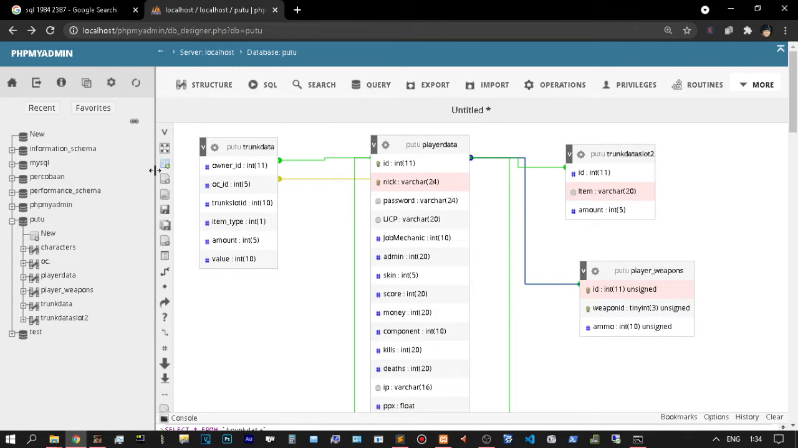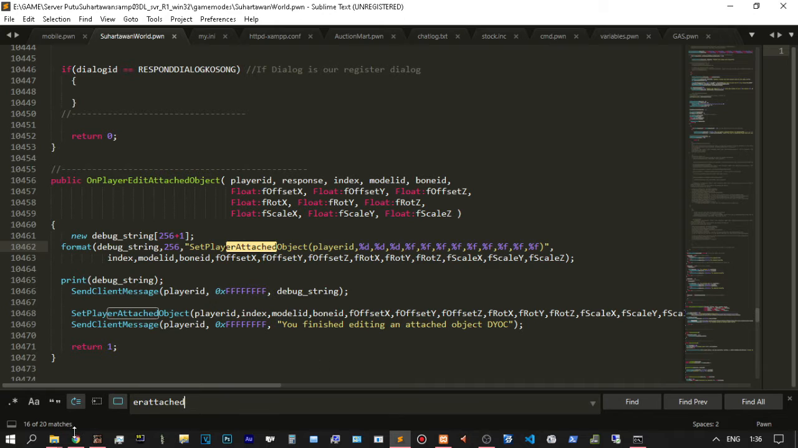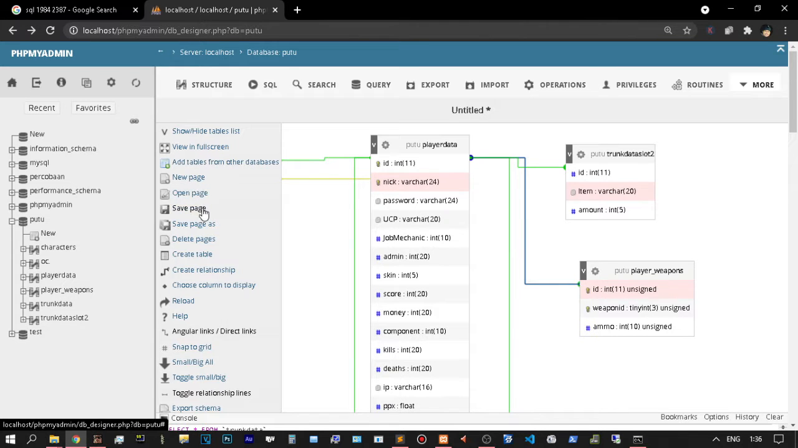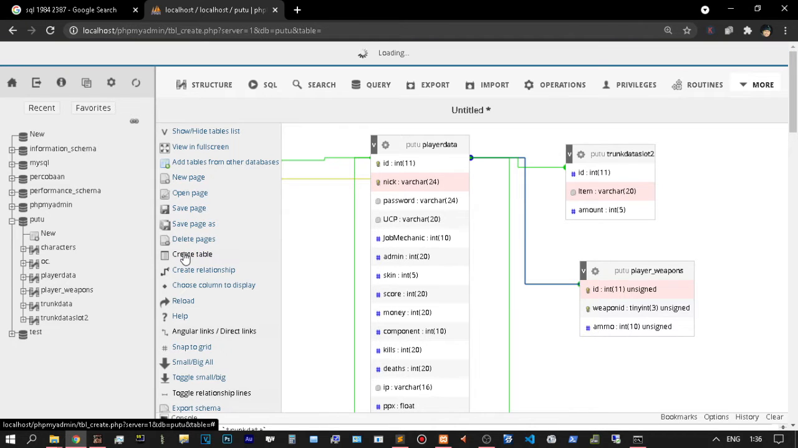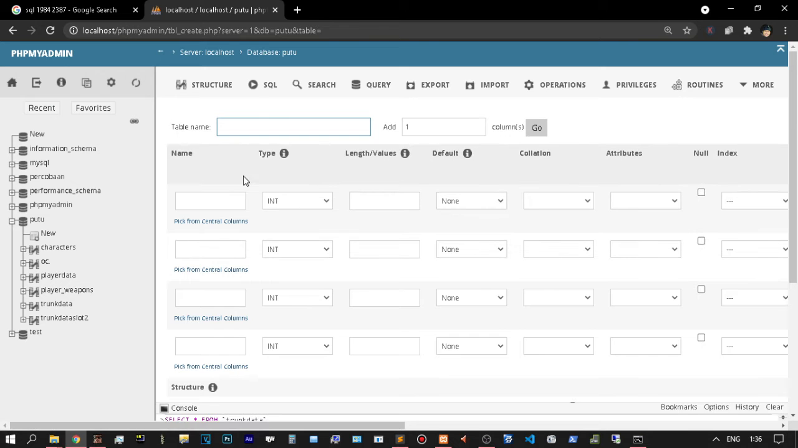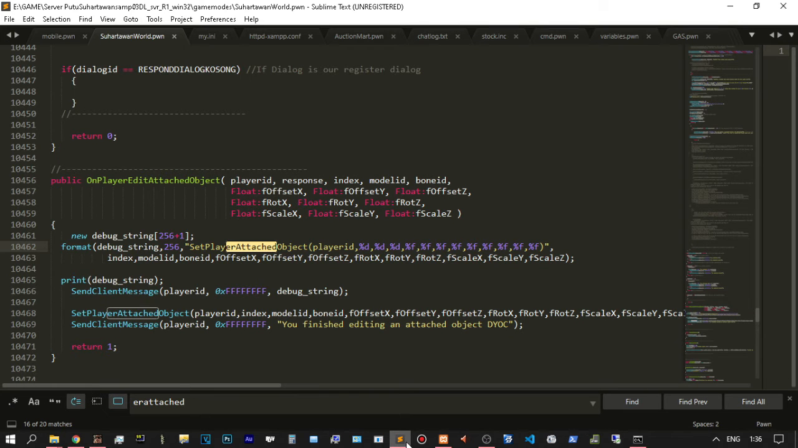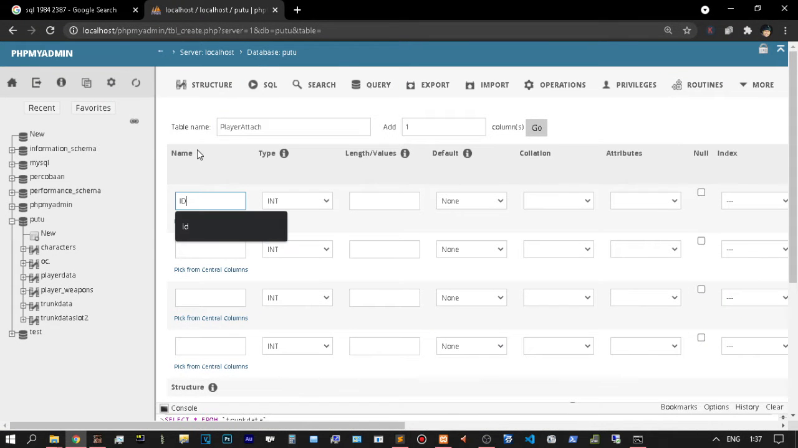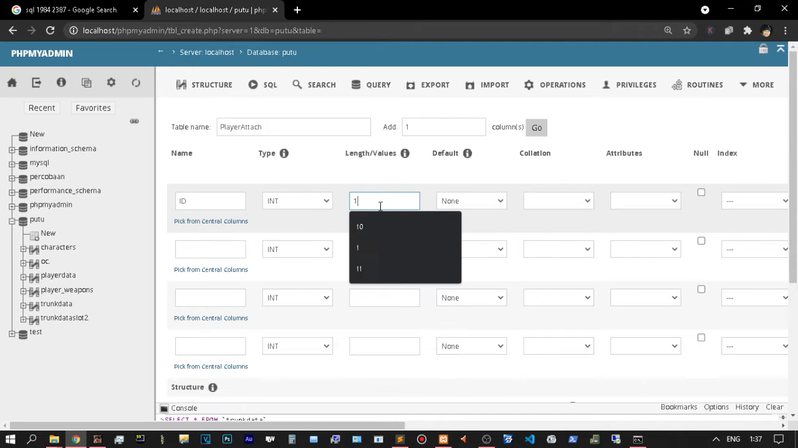But you can make one again table if you need. You can create like this, create new table. The table is player attachment, ID, integer, 10,